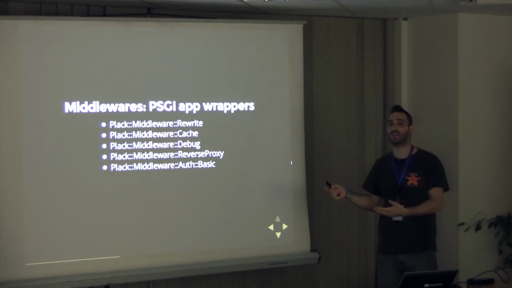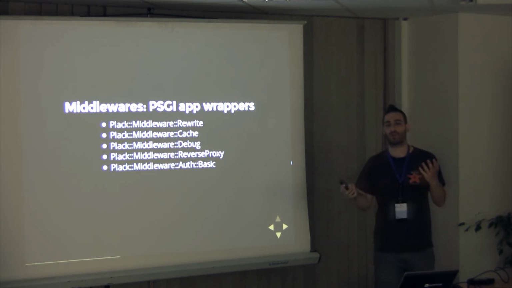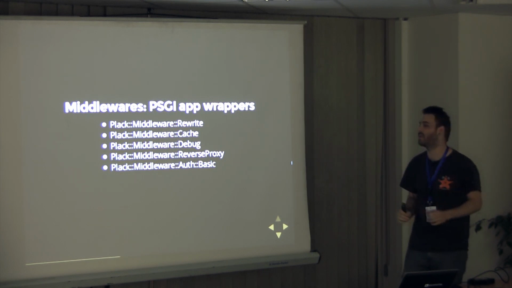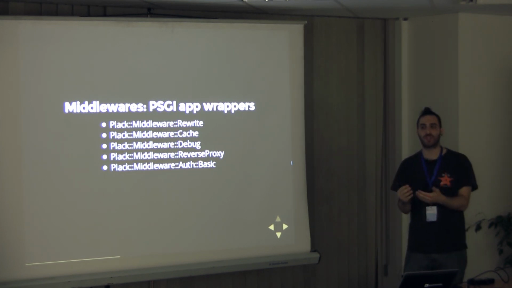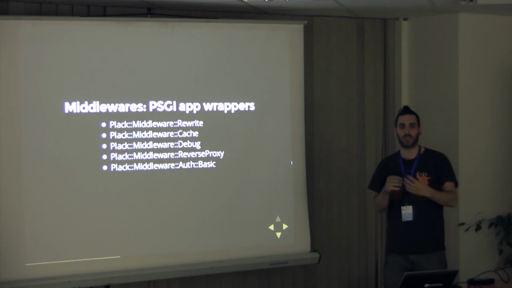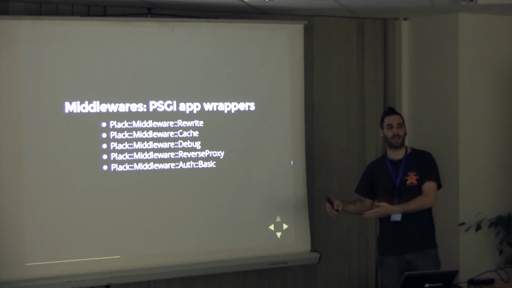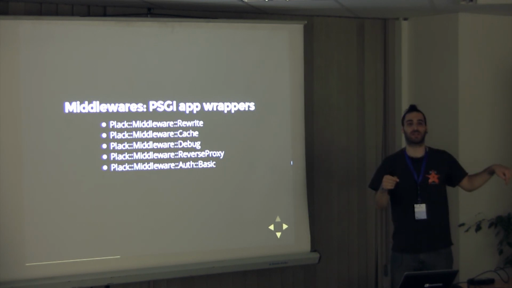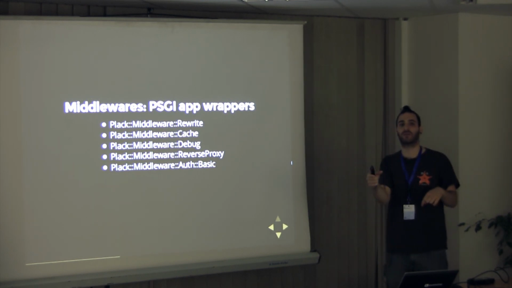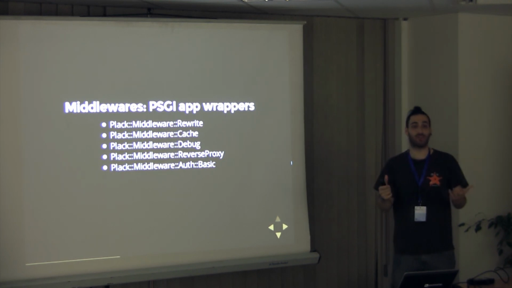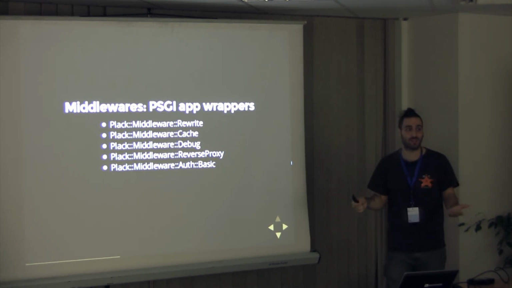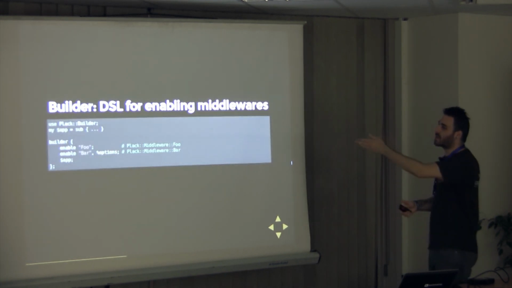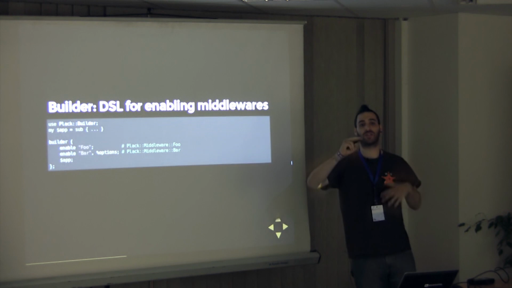If you've ever used AuthBasic, it's an authentication mechanism, the one where it just pops up a username and password, and you have to type it in. It's really old school, but it's very, very good. And we kind of exchange these with login forms, because login forms are easier to maintain in the application. But AuthBasic allows you to do it in the application instead of an htaccess file, right? Which is amazing. You don't have to maintain a .password file in your system, or secret, or whatever they give in examples. This is the DSL that we have for adding all of these together.